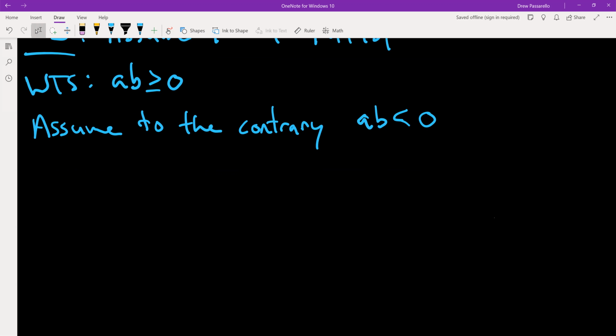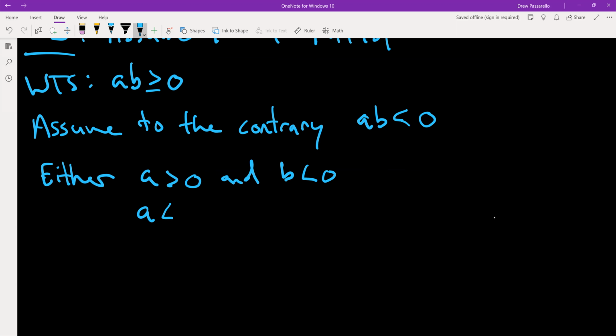So if the product is negative, basically we have two cases. Either a is positive and b is negative, or a is negative and b is positive. If I do one of them, the other one pretty much follows. It's going to be the same sort of scenario, but I'll go ahead and do it. So let's do the case,